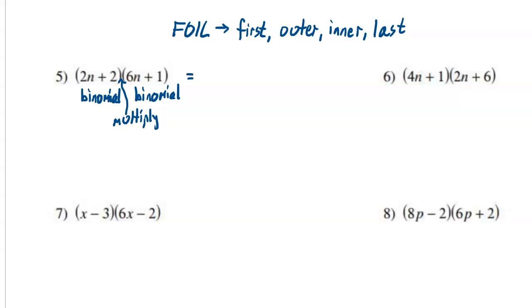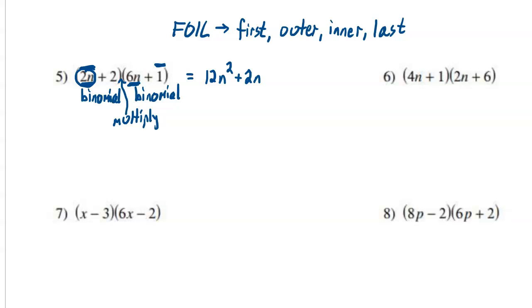Let's do this. The first terms, the 2n and the 6n. Multiply those together. 2 times 6 is 12, and n times n is n to the second power. Okay, now we're going to multiply the outer terms. The 2n and the 1. 2n times 1 is positive 2n. This is equivalent to doing the distributive property and taking the 2n and multiplying it to both things in the